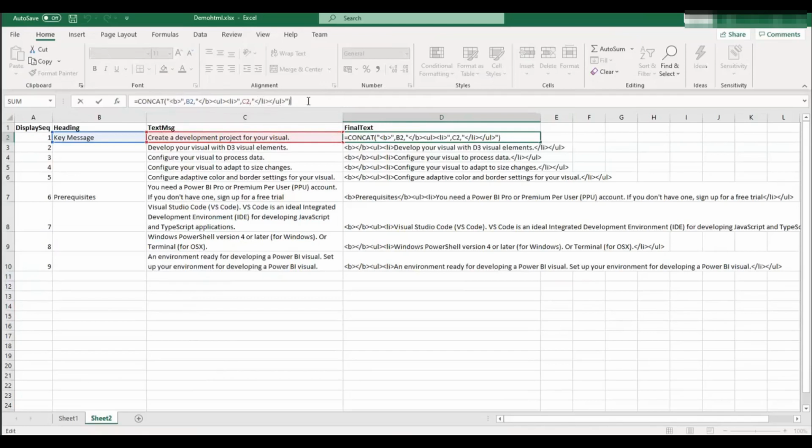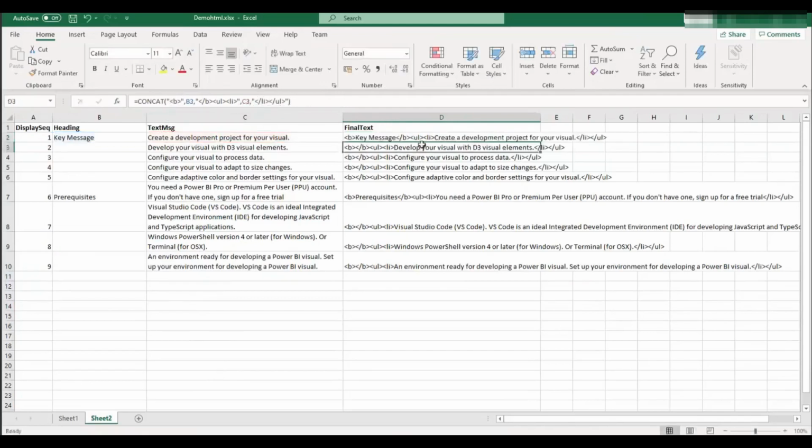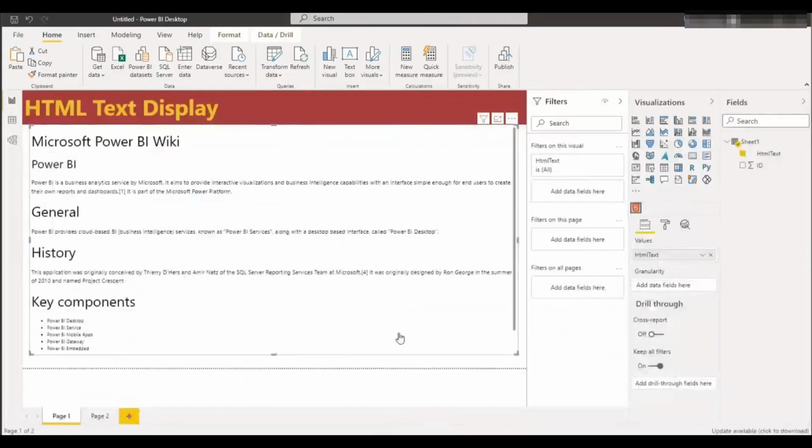In this way my value will look like this, and I click here and drag and drop till here. So this is my final text. Let me get that into Excel and I'll show you how it looks.